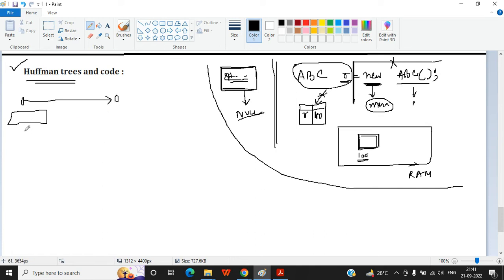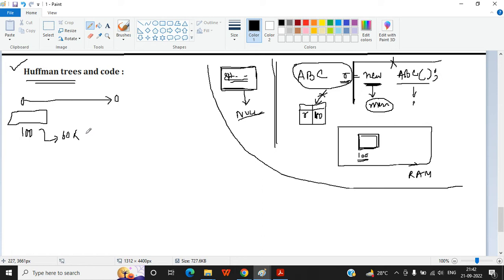Suppose the size is 100 kb, and if somehow we can reduce it to say 60 kb, it will have a huge effect in networking, in speed. So Huffman coding is basically that technology, how you can reduce the size of a sending message. And Huffman tree is the way how you generate that code.